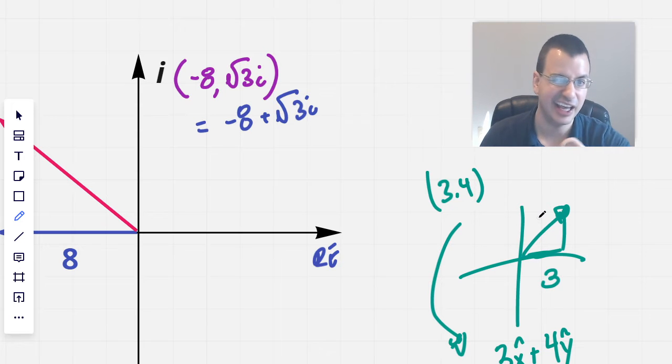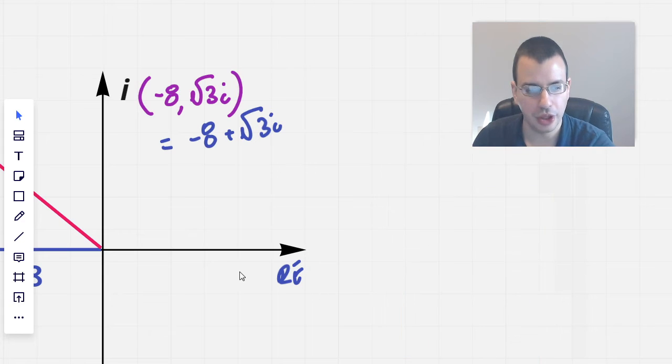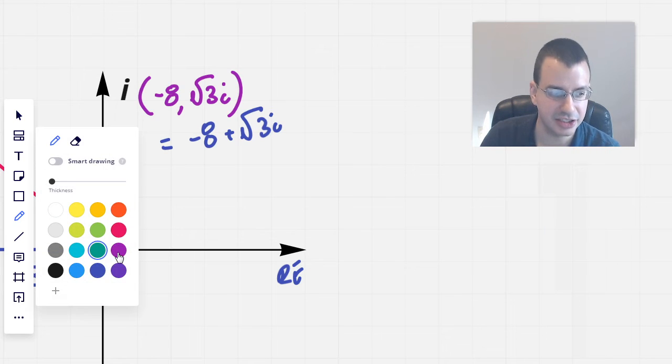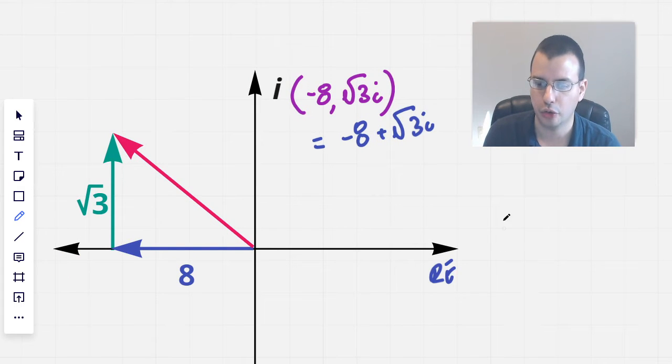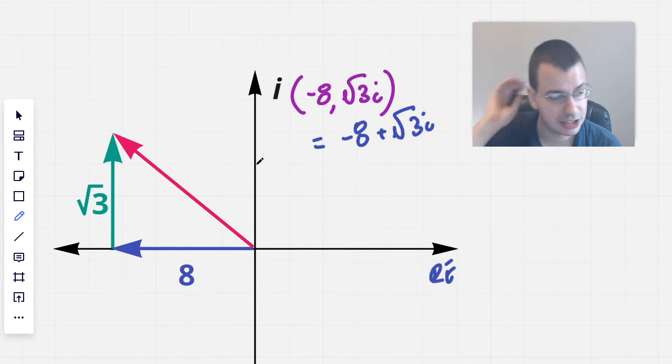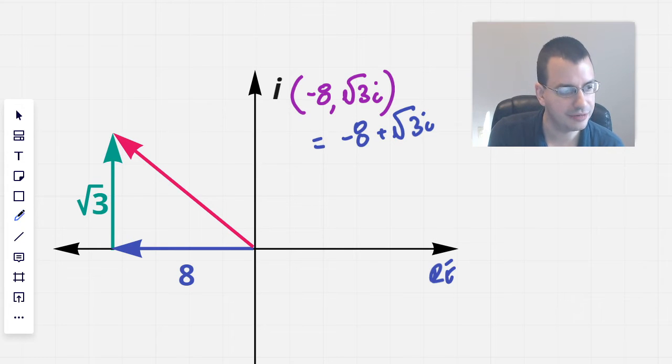So 3 times 1 in the x direction, 4 times 1 in the y direction, and that would give you right about here. Exact same concept in complex, except instead of having 2 real axes, x and y, we only have 1. We're just all real numbers, bam, right there. And then the imaginary numbers, right there. You can put it on more axes, but drawing gets more complicated, so not a big deal. So now that we have this picture drawn and equation written up, we want to find